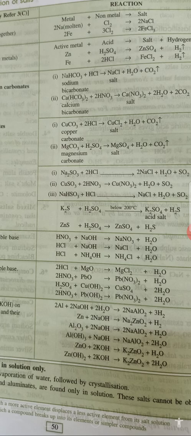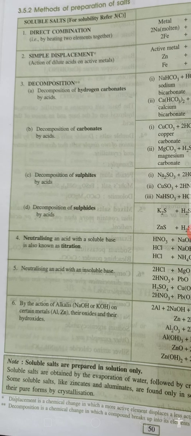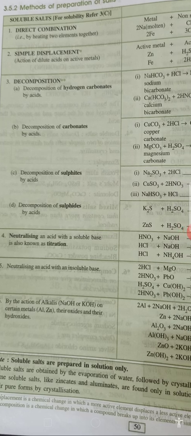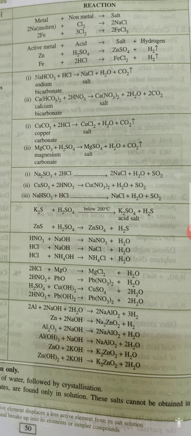The soluble bases are also called alkalis. They are reacting with acids to give you salt and water. Then the last one is by the action of alkalis, that is NaOH and KOH, on certain metals like aluminium, zinc and lead. So children, as I told you before, these metals or the hydroxides of these metals are amphoteric. So they react. For example, aluminium reacts with sodium hydroxide and water to give you a salt, sodium aluminate,